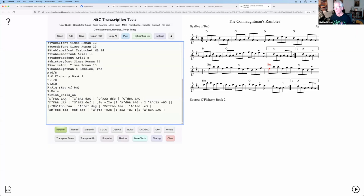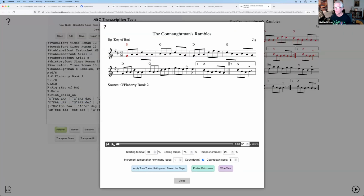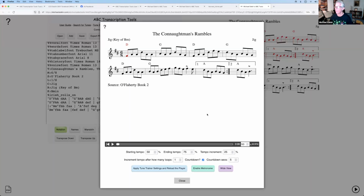But with one difference, if you select part of the tune, like we're going to select just the A part and click play, now we're going to have just the A part in the player. We can bring that into the tune trainer, it'll be just the A part. So some people would, rather than working on the whole tune,